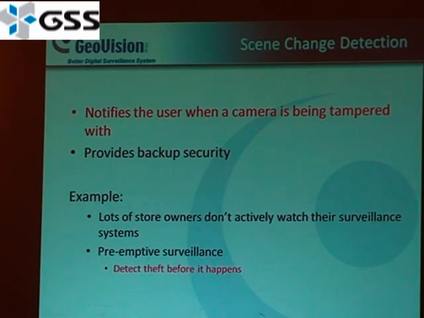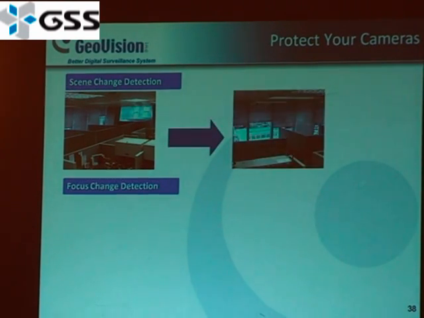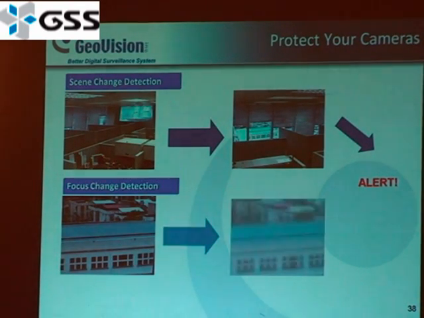And basically what it does is it recognizes when someone changes the angle of the camera, and when it does, it gives you an alert. And these alerts can be sent by, let's say, email, SMS, or by hotline. And so for those store owners who can't monitor their system all the time, this is a very helpful analytic to make sure